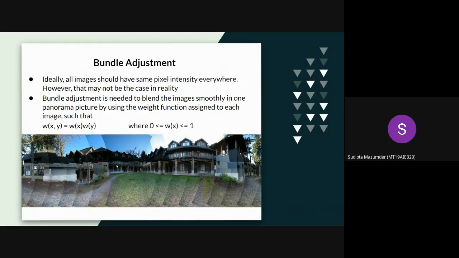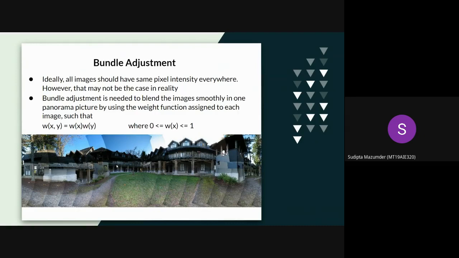So now we have this image that needs to be created as a panorama. There are multiple images that need to be combined to form a panorama. That's blending. But the question comes, why do we need it? We've already stitched the images. The problem here is, generally, even though we consider pixel intensity to be the same everywhere, it doesn't happen in reality because of various camera issues or parallax or vignette. There might be some difference in the pixel intensities.